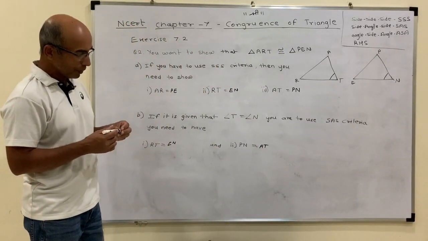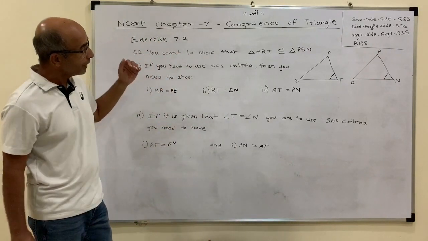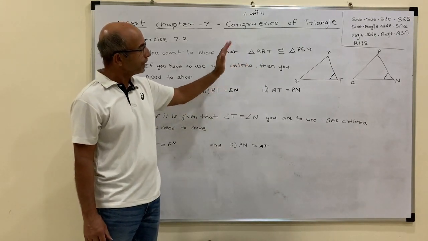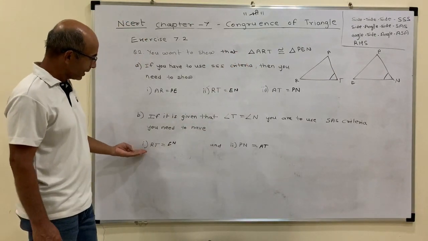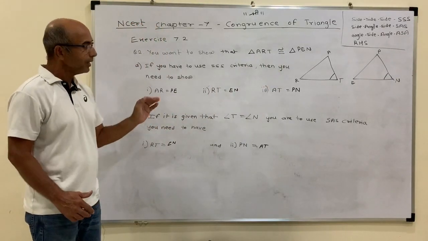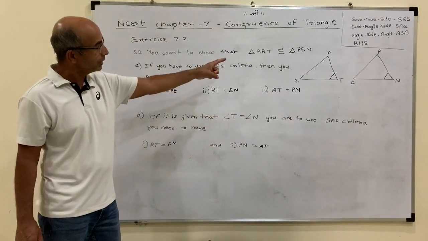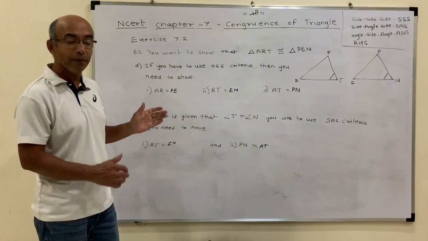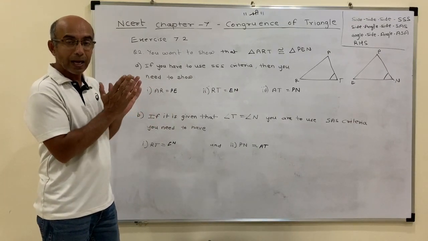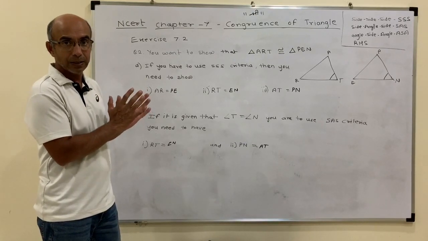So now see, I am not just looking at the diagrams. I am looking at the diagram as well as the sequence in which the two triangles are mentioned. ARTPEN is mentioned, so I am saying RT is equal to EN, one side. Then the angle is already given equal, and then I am using the other side because I need to apply the rule side angle side. The angle should be between two corresponding equal sides.